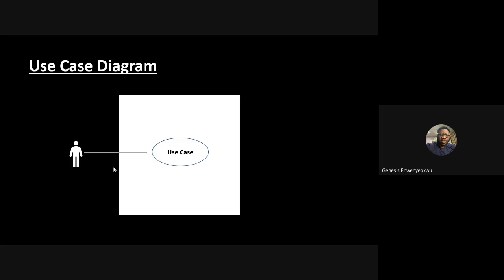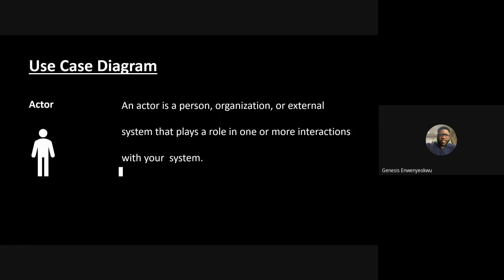Now, let's take a look at each of these components of a use case diagram, what they mean, and what are the things we need to put into consideration when we are trying to draw them. Starting with the actor. An actor basically can be an organization, it could be a person, or it could even be another external system that has a relationship or that plays a role in one or more interactions with our